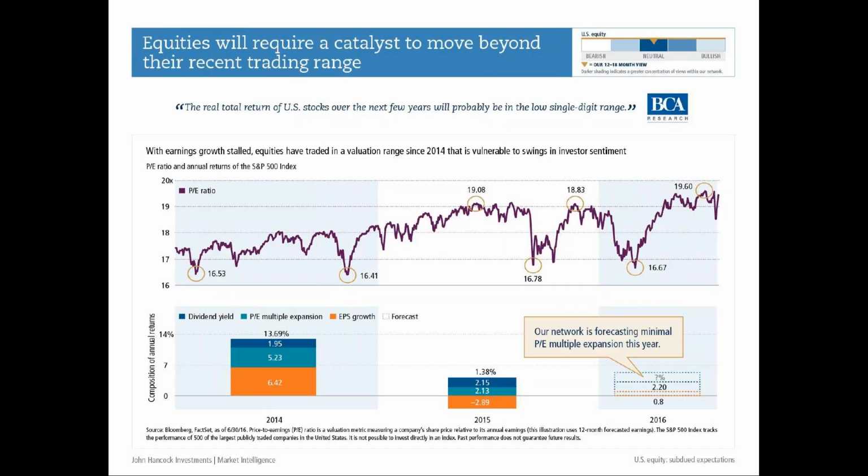In 2015, earnings actually fell, and we're seeing that again this year. You had dividends, which got you out of the hole, at about 2%, and you got some multiple expansion. So that actually was about a 1.4% return on the S&P 500 in 2015. This year is looking, oddly enough, like 2015 in some aspects, but we're getting a lot of help from multiple expansion.